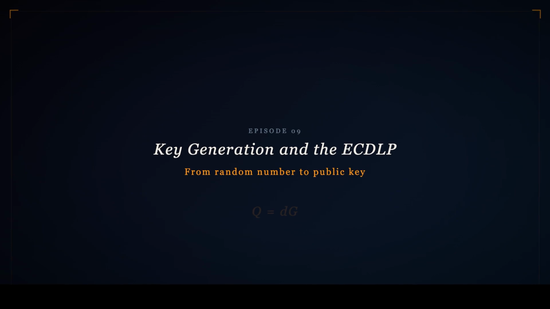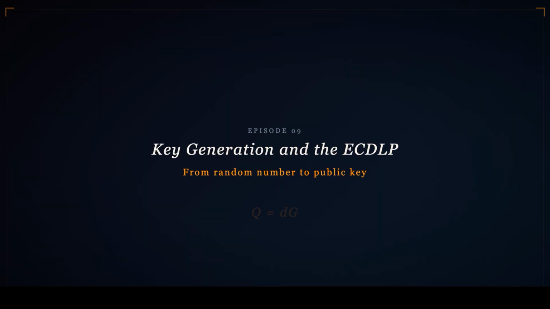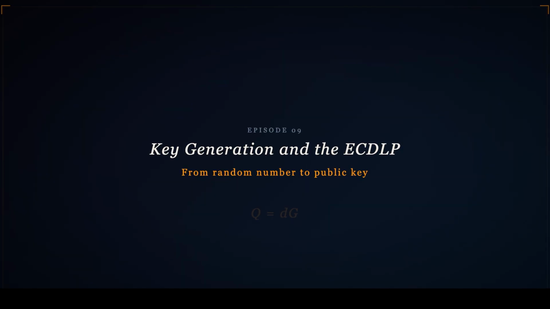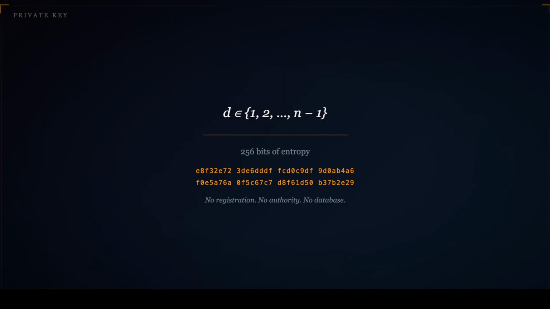We have the curve, the parameters, the generator. Everything is in place. Now the central act of elliptic curve cryptography, turning a random number into a public key. This operation takes milliseconds. But reversing it, recovering the random number from the public key, would take longer than the age of the universe. A private key is a randomly chosen integer d in the range from 1 to n-1,